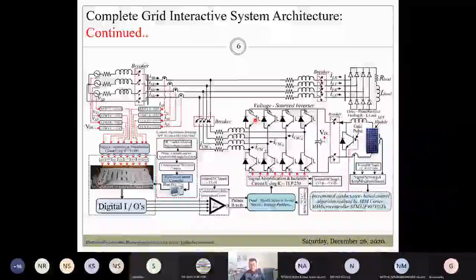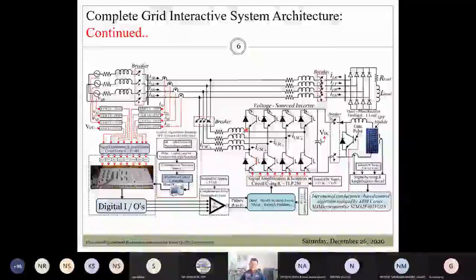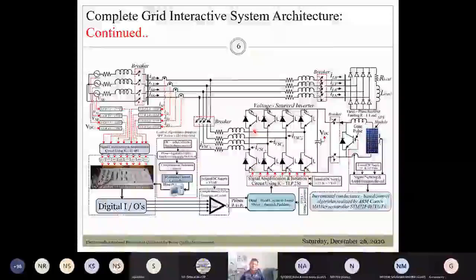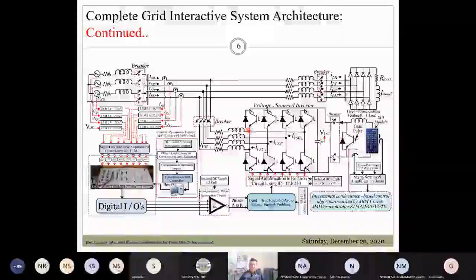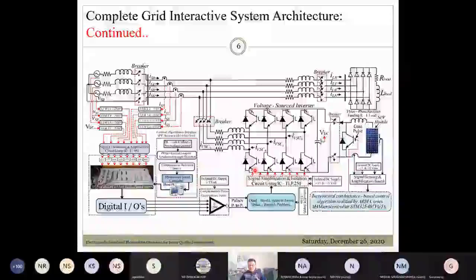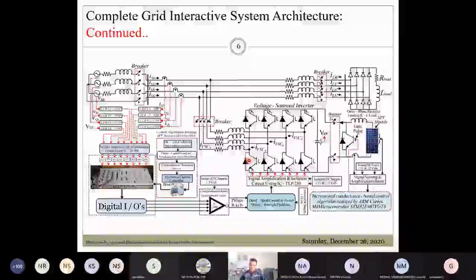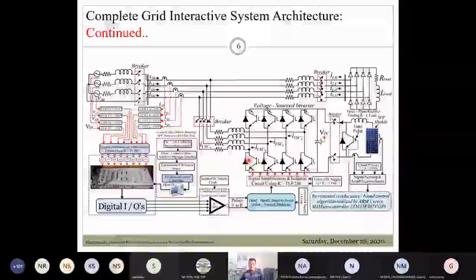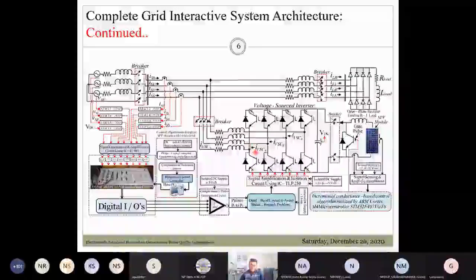Now, before you turn off this one, this S2 will be turned on, and therefore there will be an overlap. During this time, there will be a shoot through. Shoot through essentially means a short circuit. So it will short circuit the source, which is not desirable. Therefore a deadband time, also called a blanking time, is required to be introduced between the upper and lower switches of the same phase arm. This will avoid the shoot through or short circuit phenomenon. In this case, I have introduced 3.2 microseconds between the upper and lower gate pulses of the same phase arm.